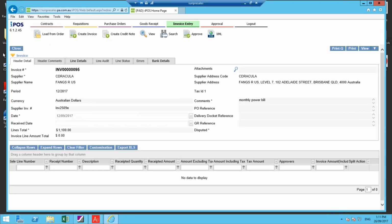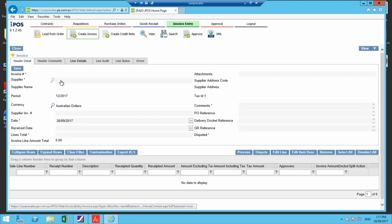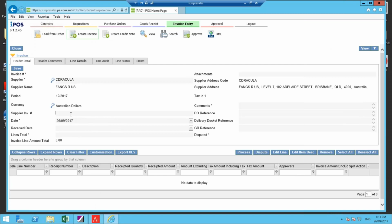Add line to it. Oh no, sorry, create invoice. Go through the same steps. Sorry, I was logged in as the approver and he didn't have the ability to process the invoice. INV 25, 12 8 17, $100 monthly electricity bill, monthly bill,